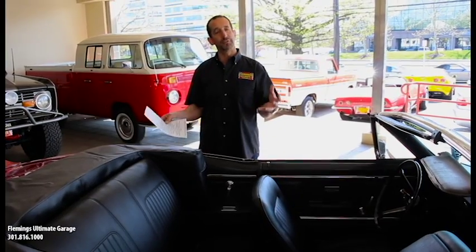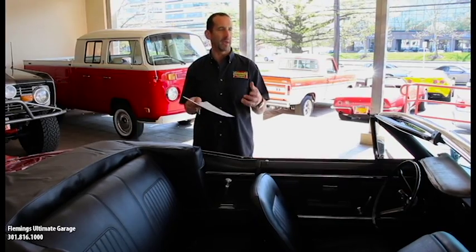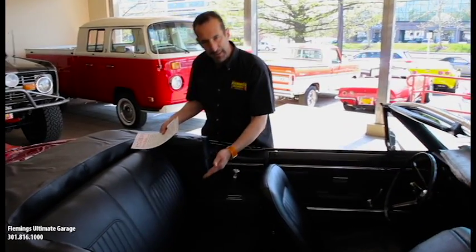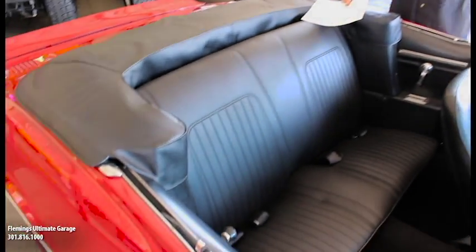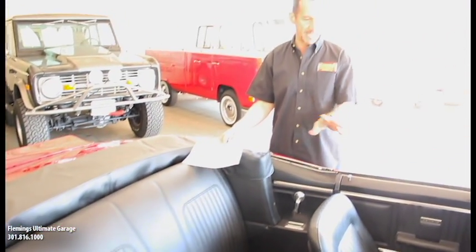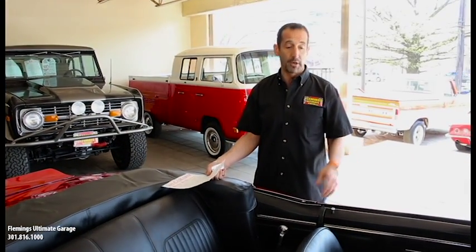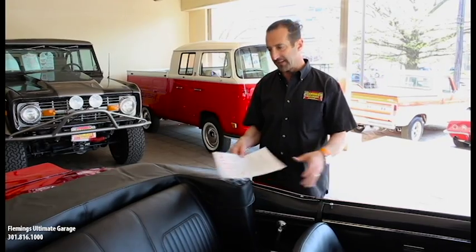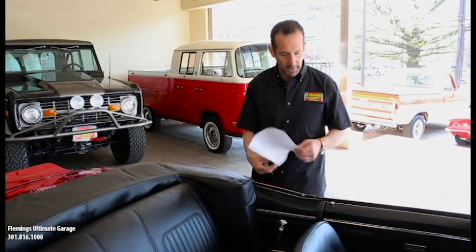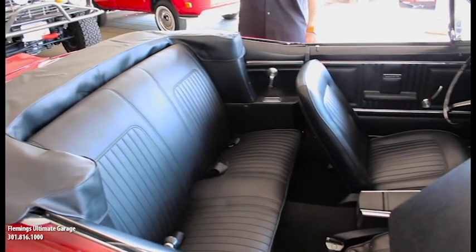All right, so some of the little stuff, we've been talking about little things, and I keep talking about this because I want you to know. Like, for instance, there's seat belts back here. Well, Tom, what's the big deal about seat belts? These cars didn't come with seat belts back here. This car has the seat belts in here. That costs a lot of money to get seat belts in for 4 or 5 riders in a car. This already has it. It already has the boot done for the car. Look how nice the interior is redone on the car. And this part right here, which